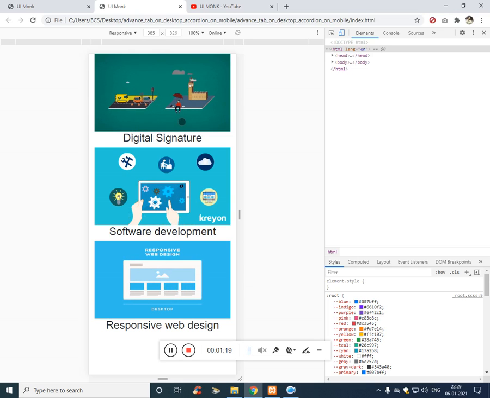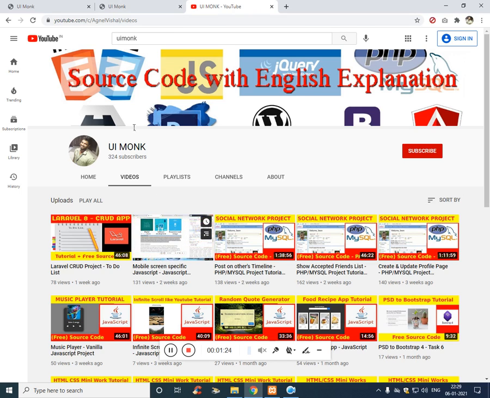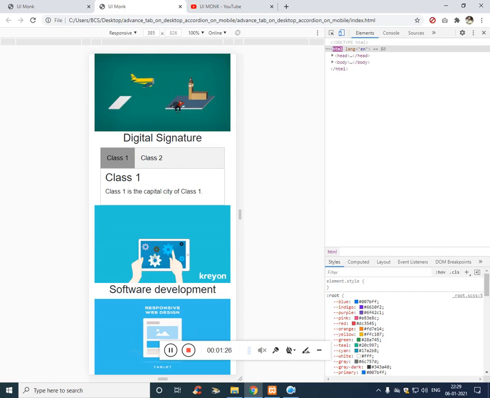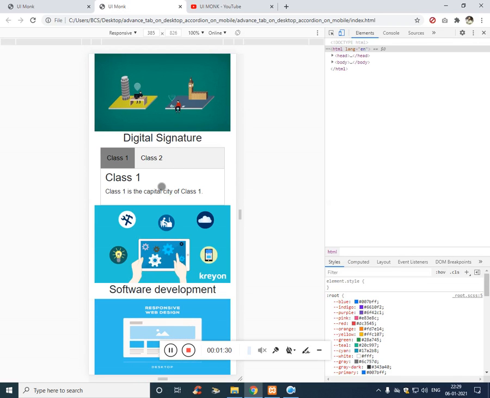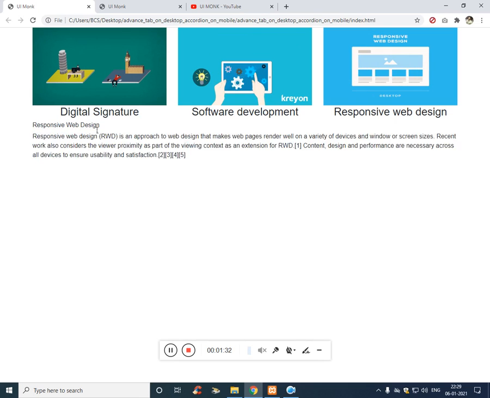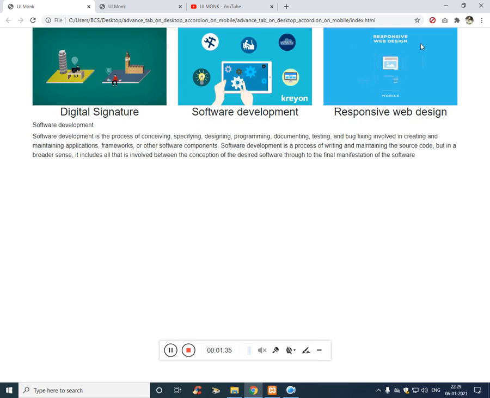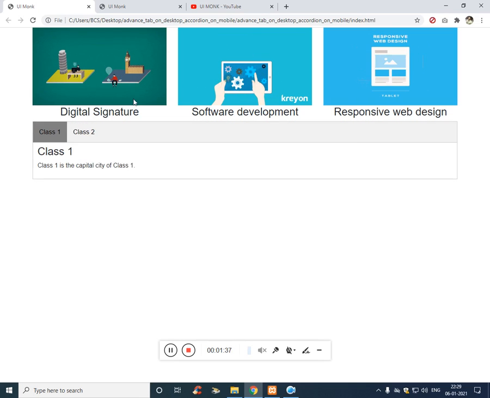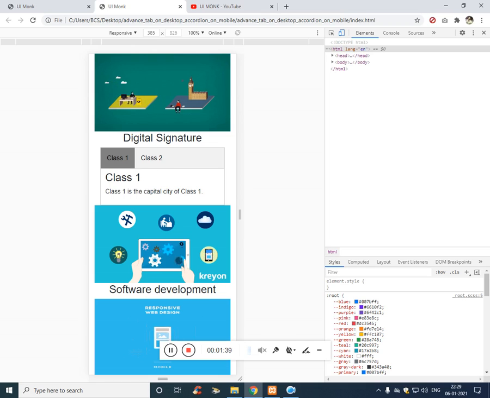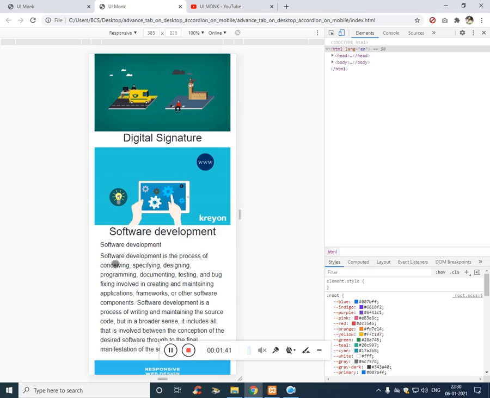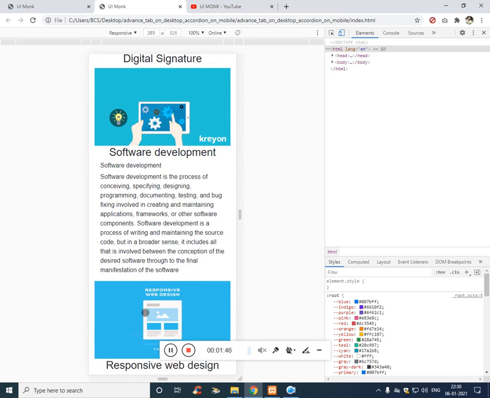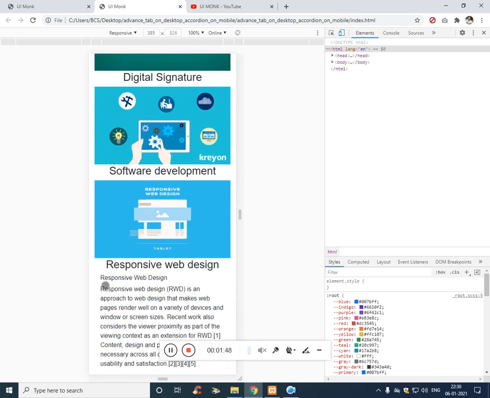relevant feature box. So in this video which I have already uploaded, if you click on digital signature, the data related to digital signature shows just below it on mobile. On desktop it's working fine, desktop is normal, but on the mobile there would be problems. If you click on software development, the data related to software development comes just below the feature box. The same way, the data related to responsive web design comes just below responsive web design,